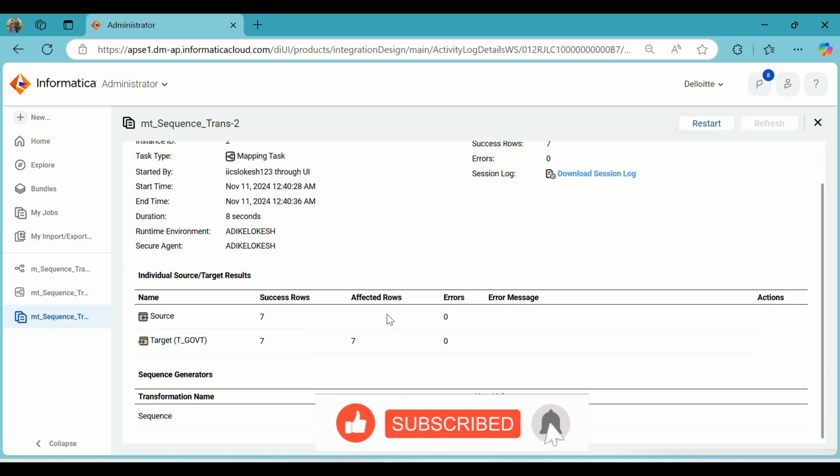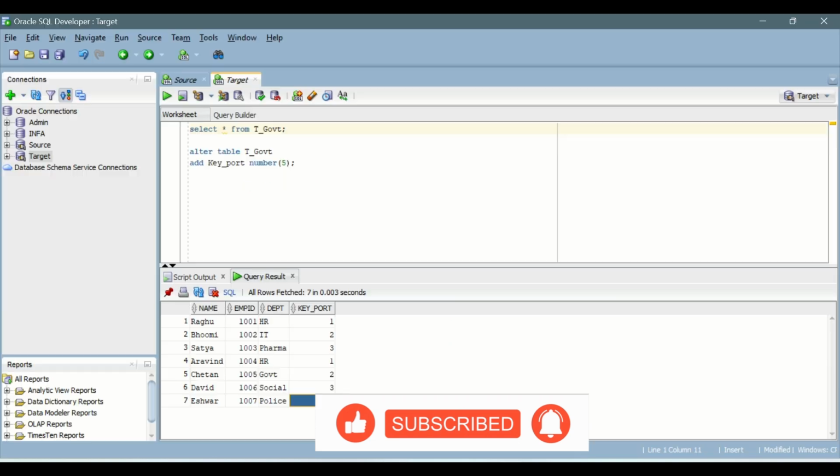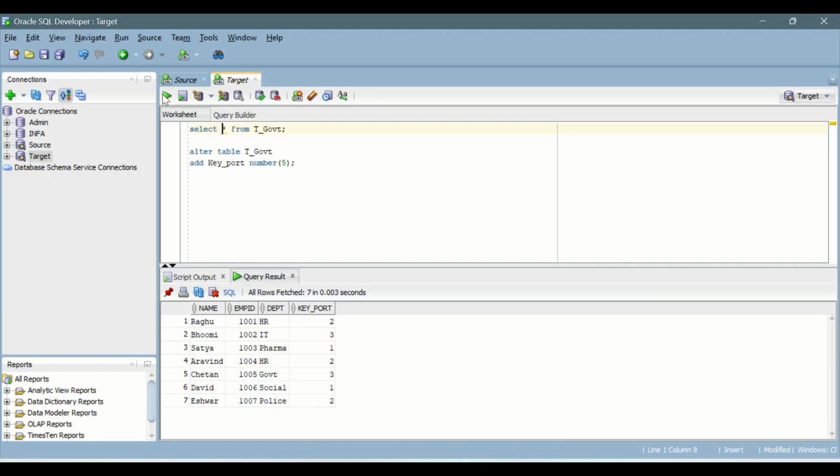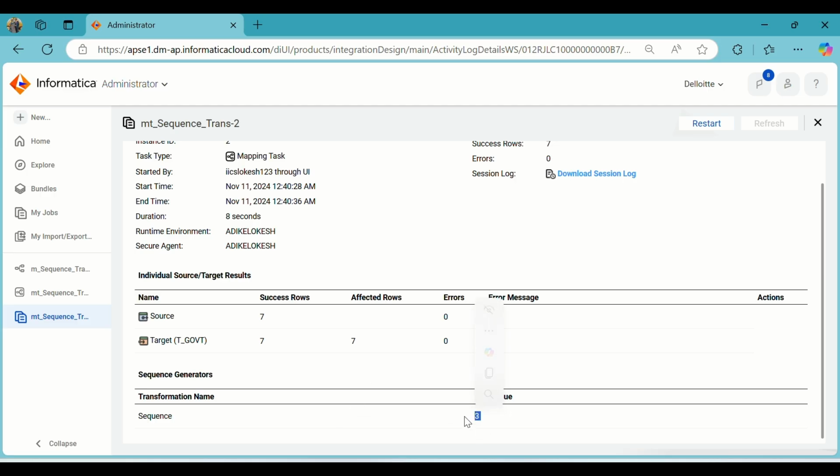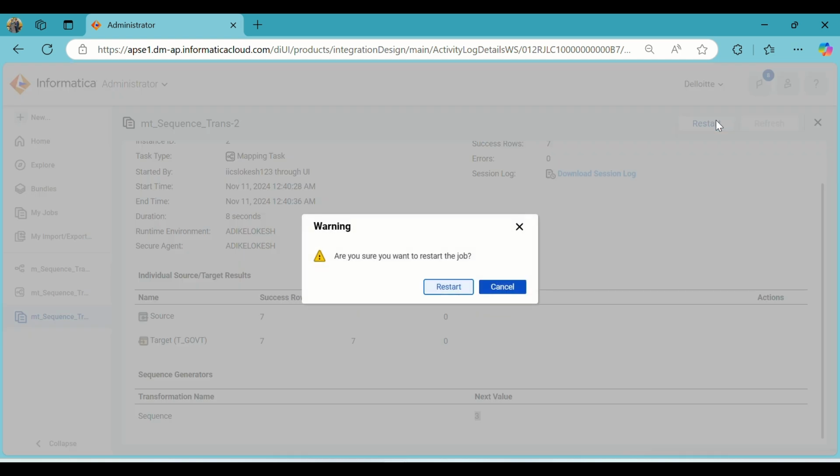So 7 has loaded. Next value is 3. You check here. It started with 2. Instead of 1, it started with 2. So again it ended with 2. So next value is 3. If you see here, next is 3. If I restart,